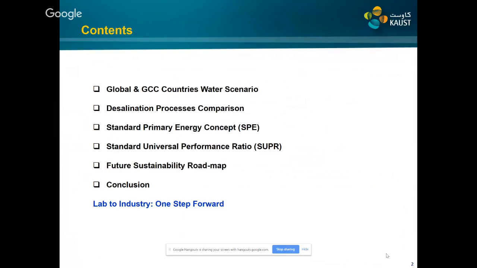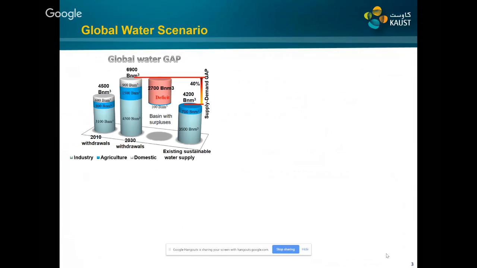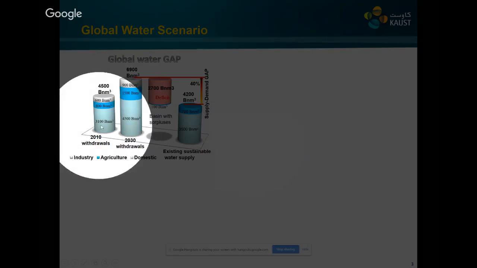And after the conclusion, I will go through our innovative cycle, how we moved from the lab to the industry, how we successfully installed our pilot, and how we are going to install our first plant at Jammu, Saudi Arabia. So in terms of water availability and demand, we can see over here